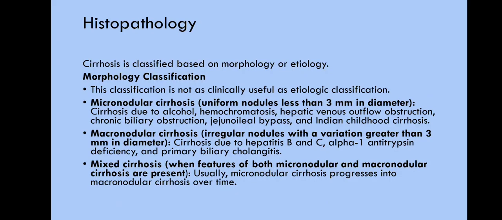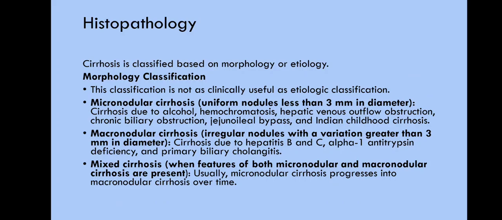So the histopathology. Liver cirrhosis is classified based on morphology or etiology. The morphological classification is not as clinically useful as the etiologic classification. There is micronodular cirrhosis, which is uniform nodules less than 3 millimeters in diameter. This is usually liver cirrhosis due to alcohol, hemochromatosis, hepatic venous outflow obstruction, chronic biliary obstruction, jejunal-ileal bypass, and